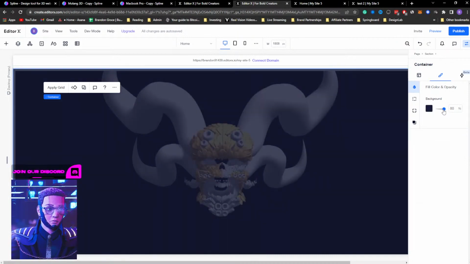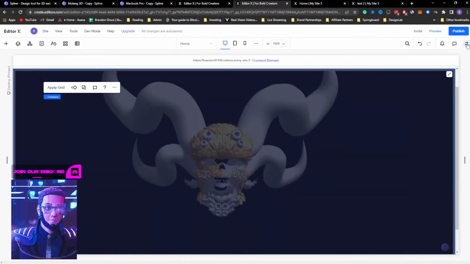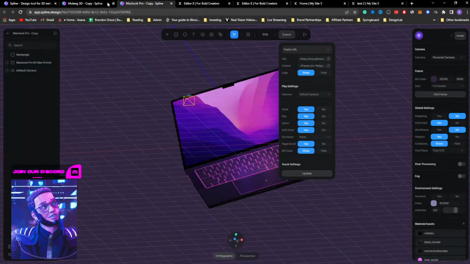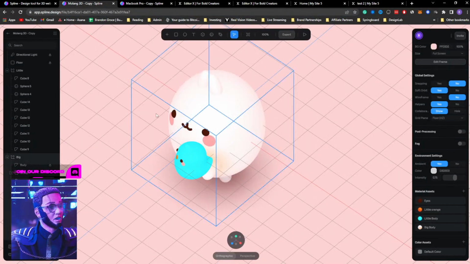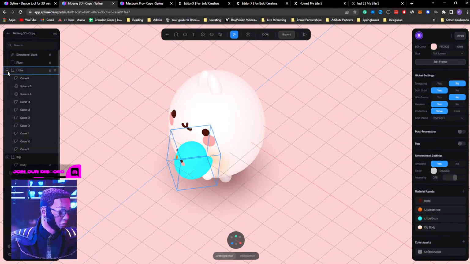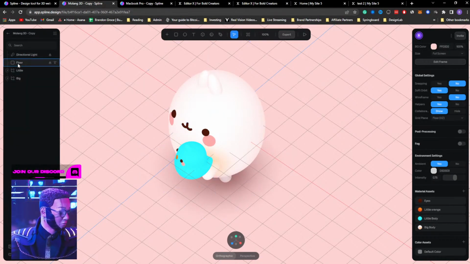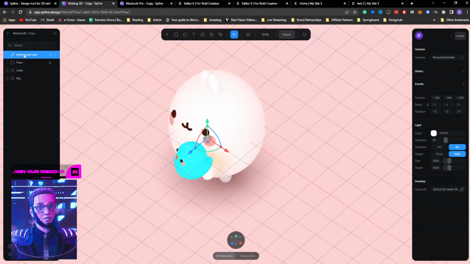All right, so let me go ahead and reduce the background color of this. And I'm actually really curious. I am assuming that based on where we place the camera, this is just a little thing that I'm thinking about here. There is a camera setting in Spline. Of course, I'm a newbie when it comes to Spline, so don't take my word, I have no idea where it is. But what you can do here is control where the floor is, where the lighting is coming from. And I did see in particular with my project, there is a camera in which we can place it. So let's see, there's camera, personal camera. So I'm thinking, let's